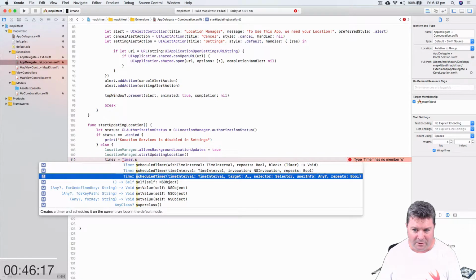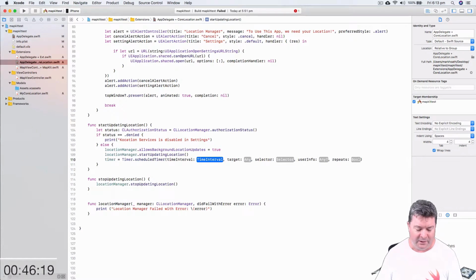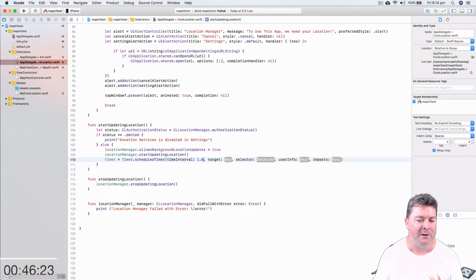So our time interval, you can change it to whatever you want, but it's in seconds. So every second, target is self, selector is save